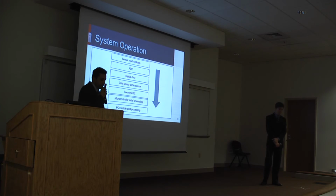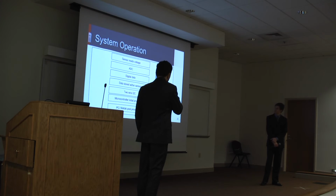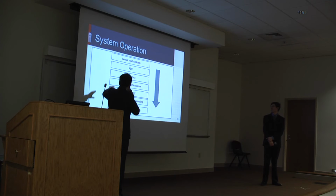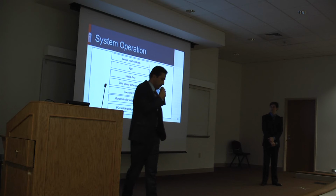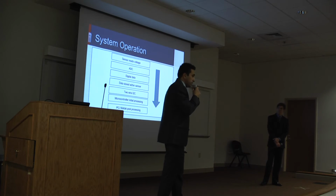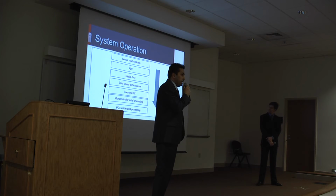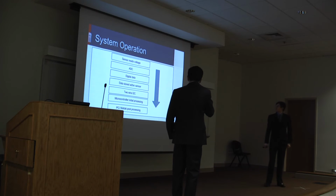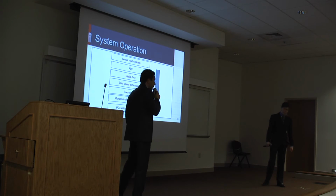This system operation is basically how the data is transferred and moved around. To begin with, the sensor itself contains the first 3 blocks. The sensor will read the data and return that value in voltage reading based on the orientation of its 3 axes. This data is then run through an ADC. An ADC is the analog to digital converter. So now our voltages are converted to digital values. Now those values are stored in the sensor,